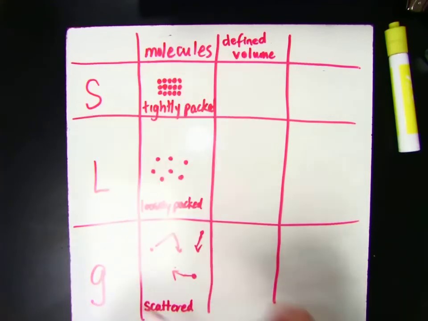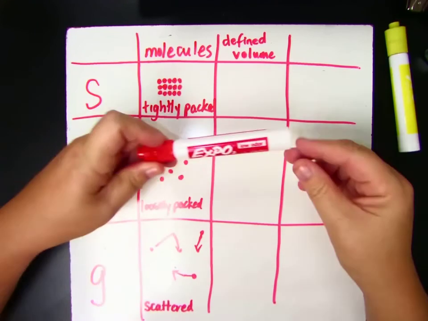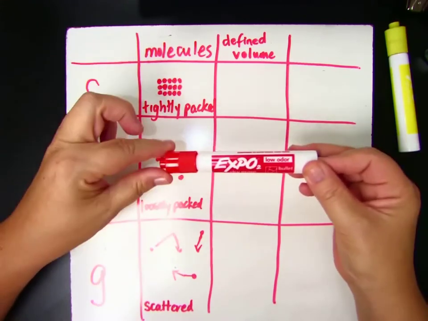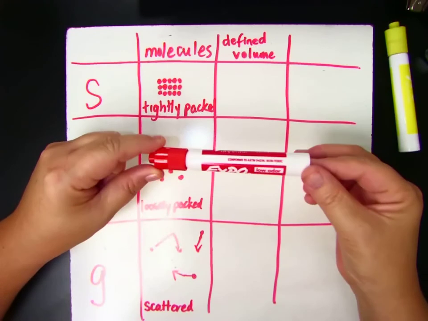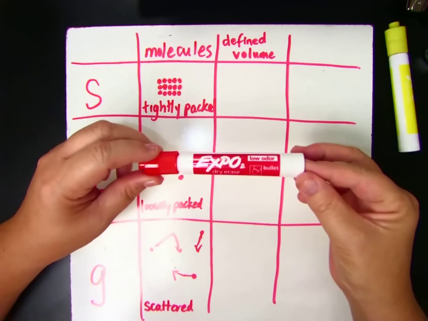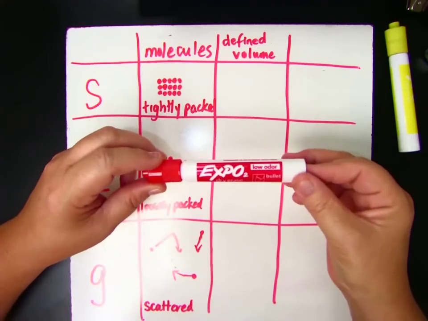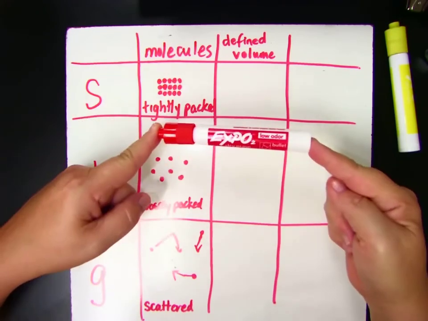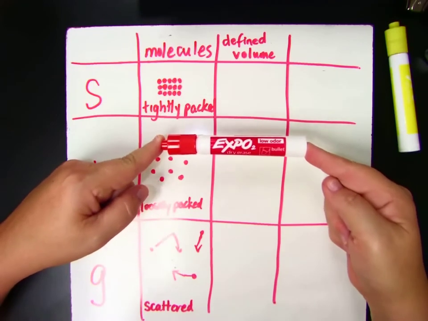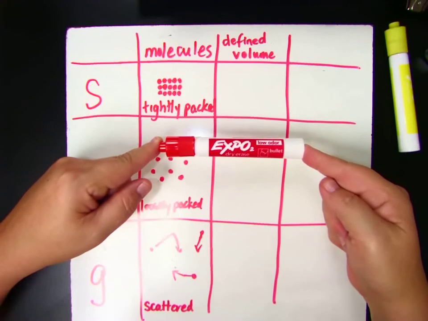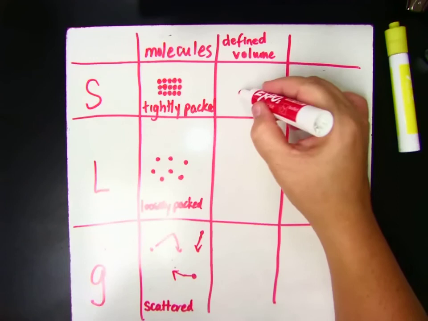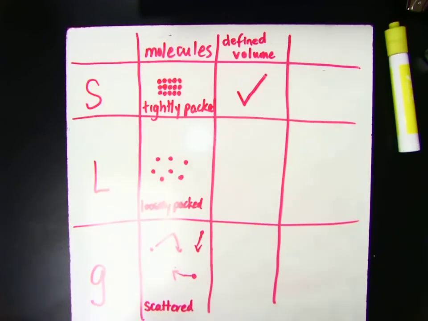Well, if you think of a solid, let's take, for example, my pen. My pen is a solid. All of the molecules in it are tightly packed. No other molecules can get in. The party is so packed it's closed off to any new molecules. And the amount of space that my marker takes up is the same. Whether I put it in this room, or inside of a box, or take it to the next room, it will always have a defined volume. So solids take up the same amount of space no matter where they are.